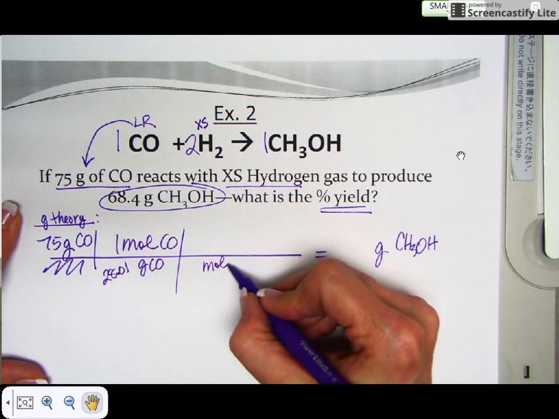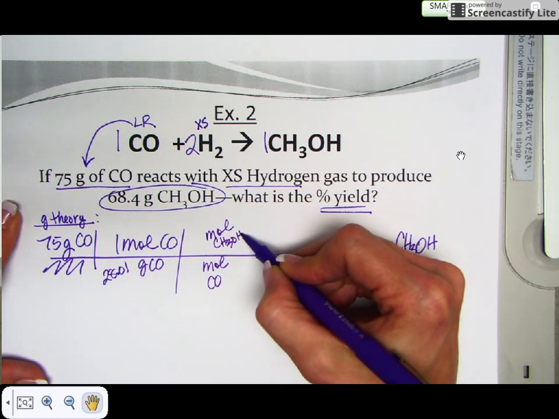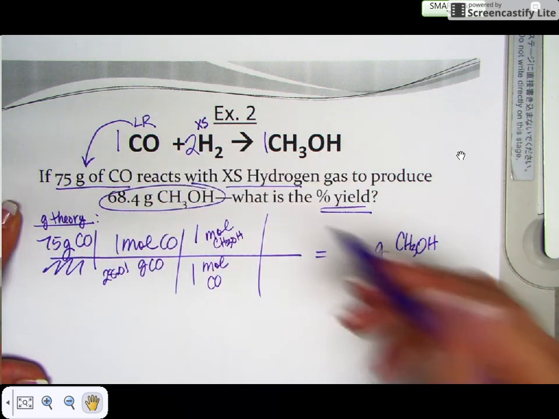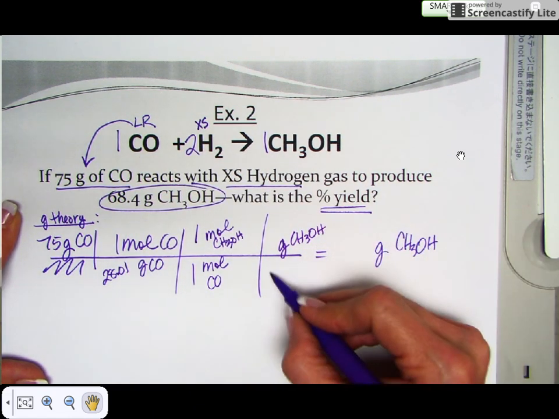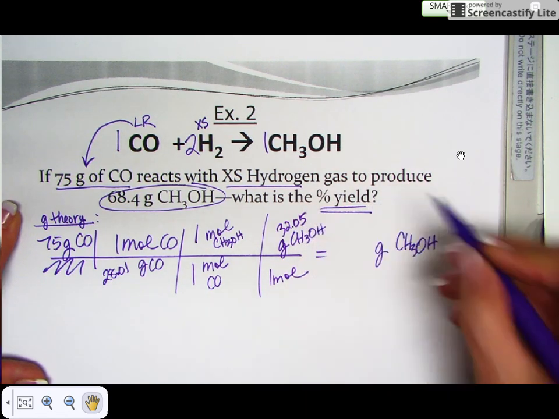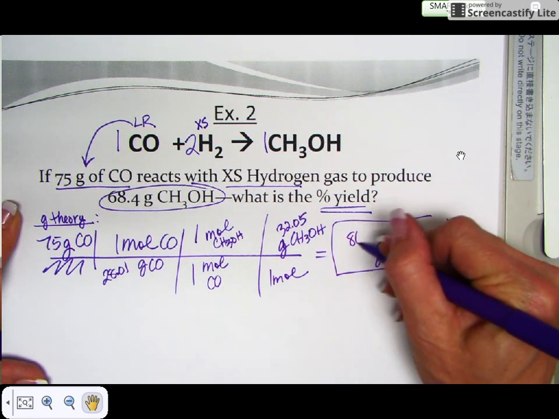We need the mole bridge next. Moles of CO here, moles of CH3OH here. And that's a 1 to 1 if you look at the balanced equation up here. Molar mass of CH3OH is 32.05. That's going to give us a theoretical yield. The maximum we could make is 86 grams